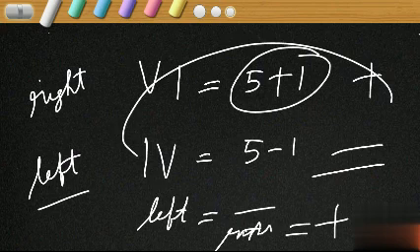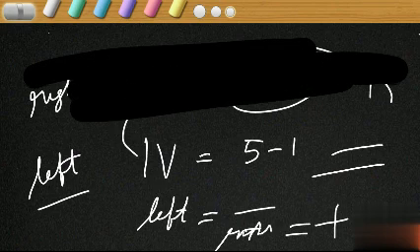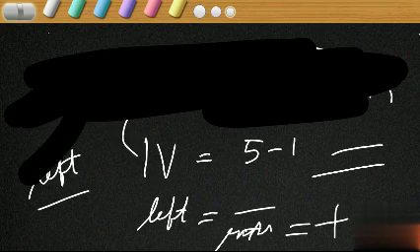Smaller one on the left side means minus. Smaller one on the right side means plus. That is, if a smaller numeral is written on the left side of a greater numeral, we have to subtract the smaller one from the greater one. If a smaller numeral is written on the right side of a greater numeral, we have to add the smaller and greater together. Is it clear? Hope you understood the concept well.